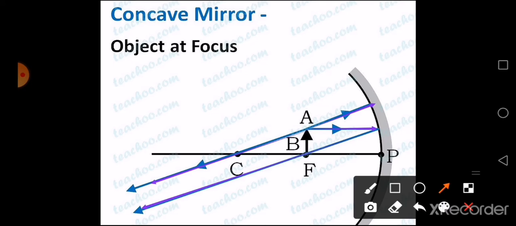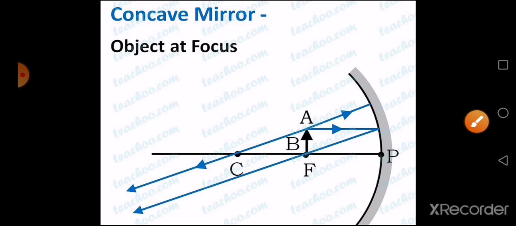Now what about the characteristics? When the object is at focus, the image forms somewhere at infinity. Now wherever it may be at infinity, it is going to intersect somewhere at infinity. So the image will be real. Real images are inverted also, and here whatever image you are going to get will be highly magnified, isn't it? Till it reaches some infinity, the size goes on increasing, and you are going to get a highly magnified image. Got it? Now one more case you are having in your textbook, that is when the object is between focus